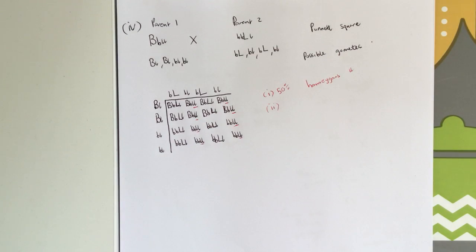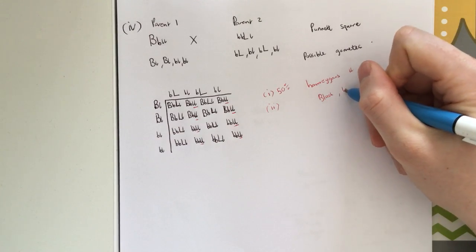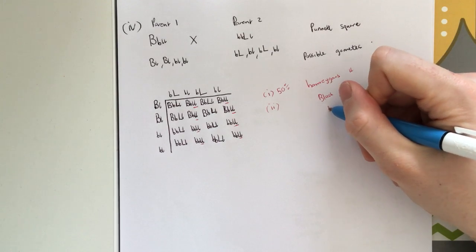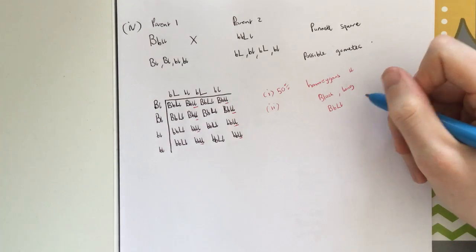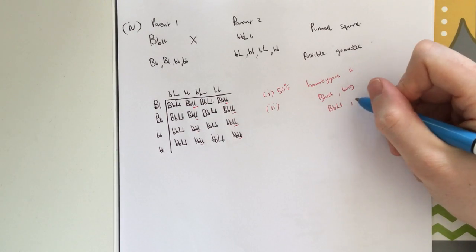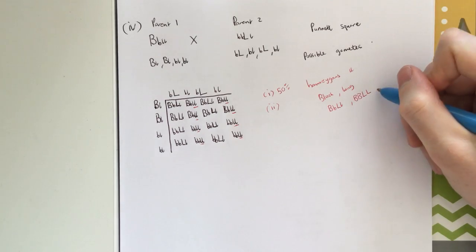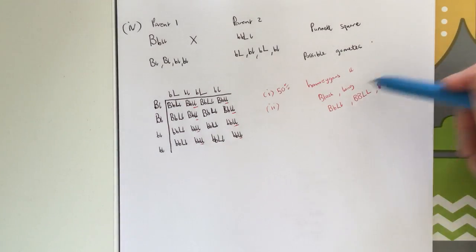Part 2. What percentage of the rabbits have black eyes and long ears? So black, long. If you have black long, it could be big B, small b, L, and small l. It could be dominant alleles, big B, big L, big L, and there's a number of different combinations. Okay, let's have a look at it and see instead of wasting time.